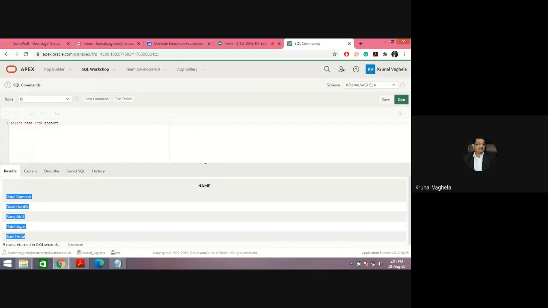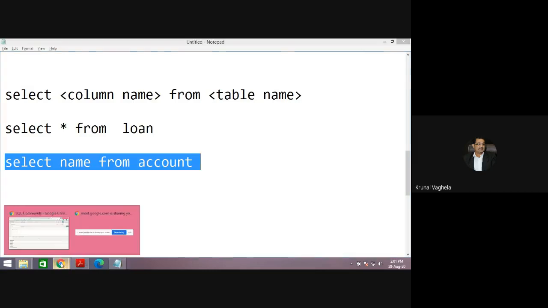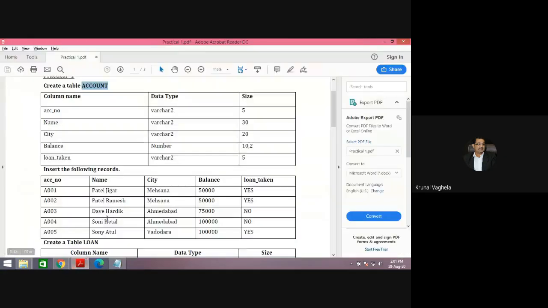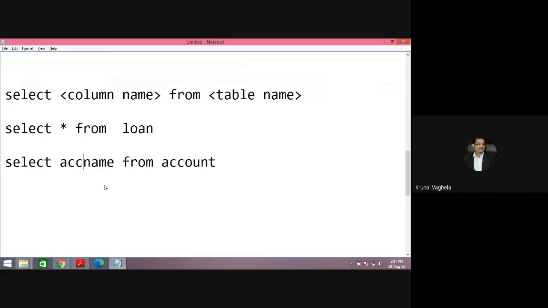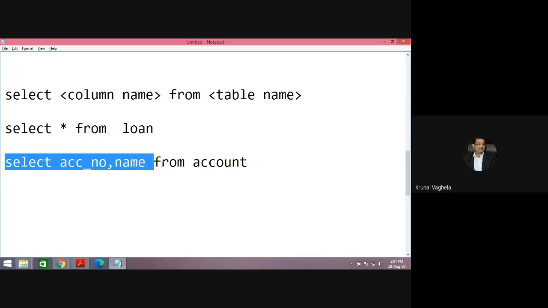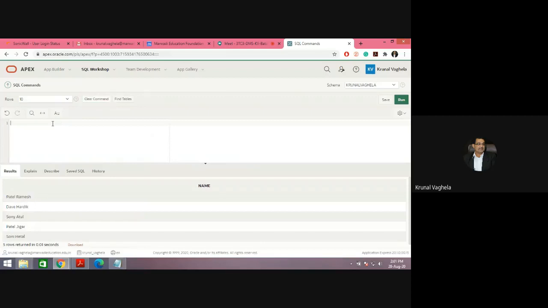Now I want account number and name both. Give me the list of customers with the account number and name. So apart from name, what should I write here? Acc_number comma name. I can write 2 columns, 3 columns, 4 column names, whatever. Select account number comma name from account. So clear.